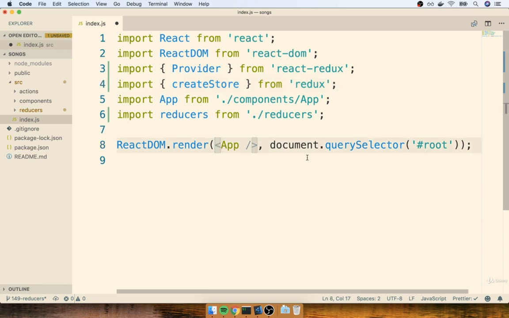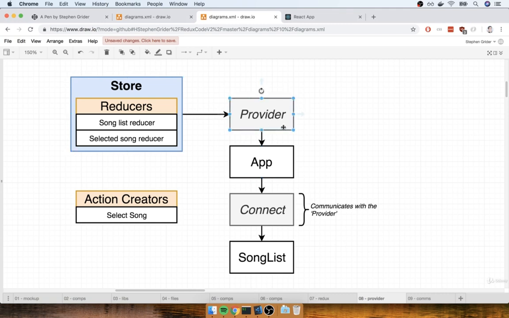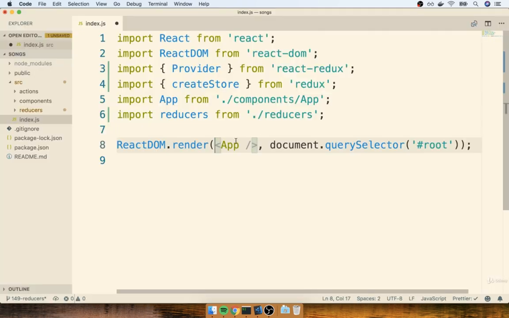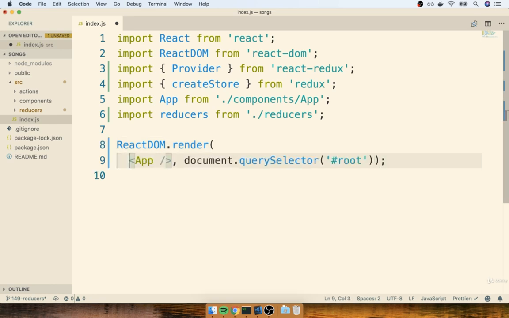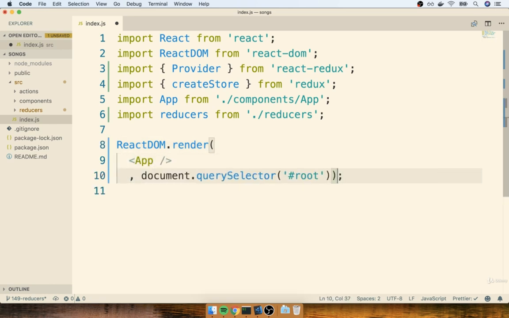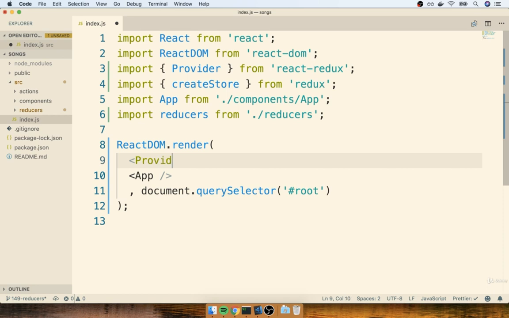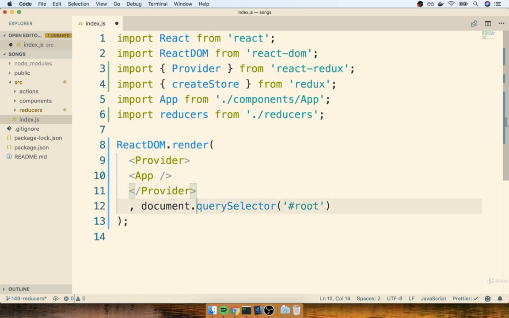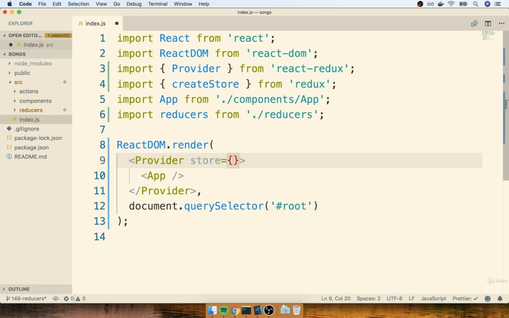Okay, so now the last thing we have to do is create an instance of the Provider and wrap our App component with it. So to do so, I'm going to give myself a little bit of space here. And then I'm going to wrap the App with a Provider. And I'm going to fix up that comma, make sure it's at the end of Provider like so. That's better. And then I'm going to pass the Provider component a single prop called store. The store is going to be the result of calling createStore and passing in our reducers. So I'll call createStore, and I'll pass in our reducers like so.